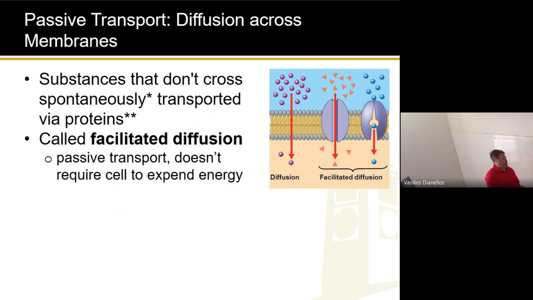And this is where we need proteins. Certain proteins allow this to happen. That's what you can see right here. And this is called facilitated diffusion. You need to know that for the exam. So